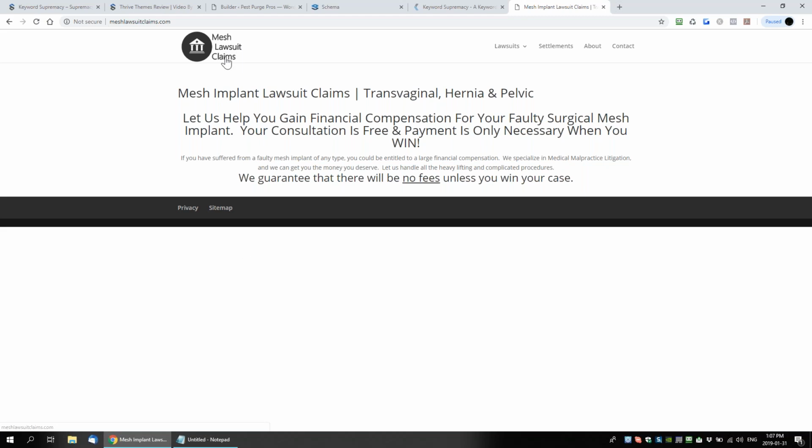And then you go find these oddball things. I found one for mesh lawsuits. So when you get a hernia, they cut you open and put in this mesh fiber to keep your hernia in place, to keep your stuff where it's supposed to be. But people were getting all kinds of complications with their mesh implants. So now there's a whole new market of lawyers suing the doctors and the companies that built these mesh implants. So these keywords are different because they don't have a lot of search volume,